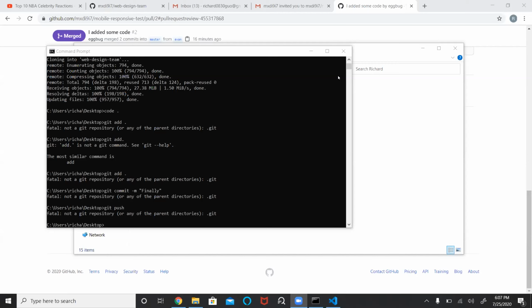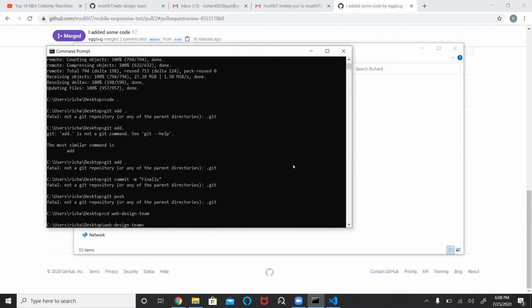Whenever I started, right, I did cd and then cd desktop. You're then on the desktop. You've got to go into a folder. What is it called again? The folder with all the homework in it. Let me check. Web design team. Okay, web.